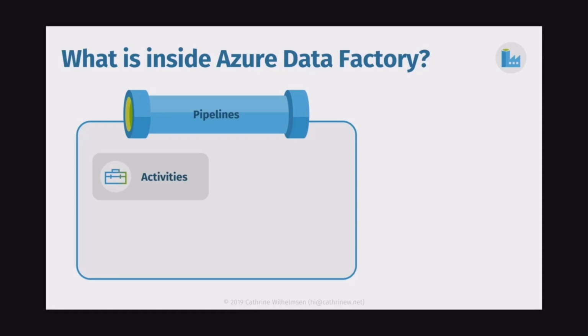And the one specific activity that I want to call out are the data flows. So it works a little bit different than the other activities because they're not limited to being inside of one pipeline. So basically there's a many-to-many relationship there. So that's just one of the many activities that you can execute inside of Azure Data Factory, but it is kind of special. And when you do all of these activities, you do need to connect to your sources or to your services in some kind of way. And that's where the linked services come in. Linked services are kind of like connection strings or connection managers.